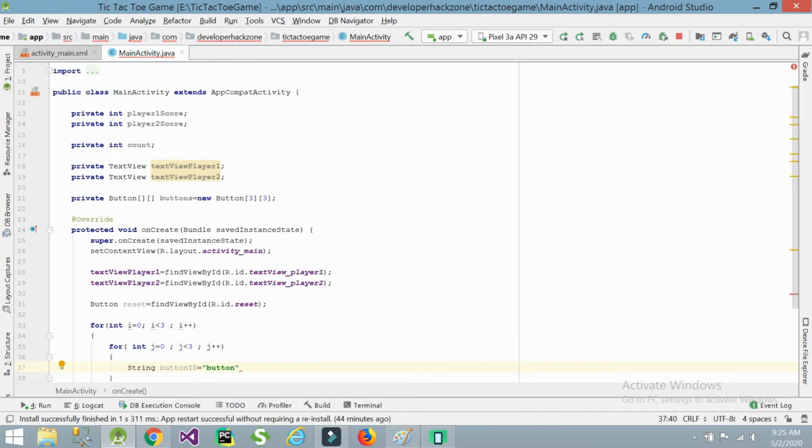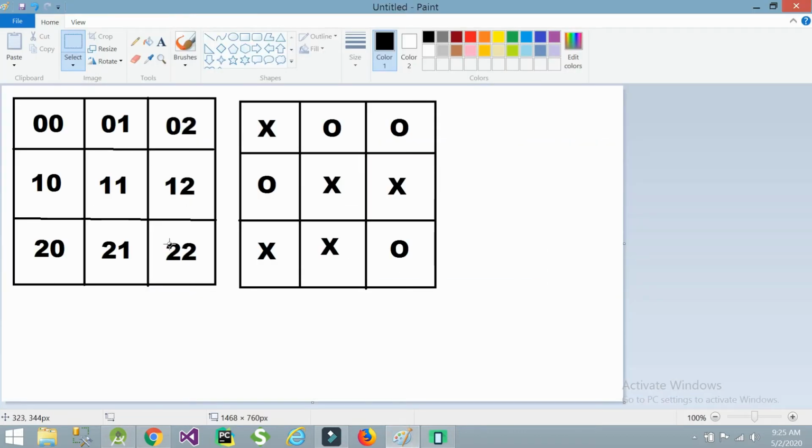So the common thing is button underscore, plus i plus j. If the i value is 0 and the j value is 0, it is button_00; then i is 0 and j is 1 gives 01, and 02; then again 10, 11, 12, and then again 20, 21, 22, same like this. We are getting 9 buttons here.